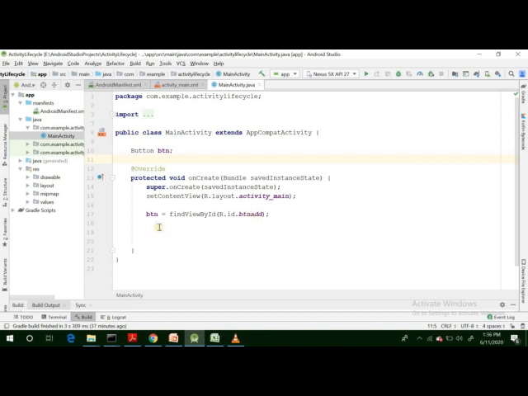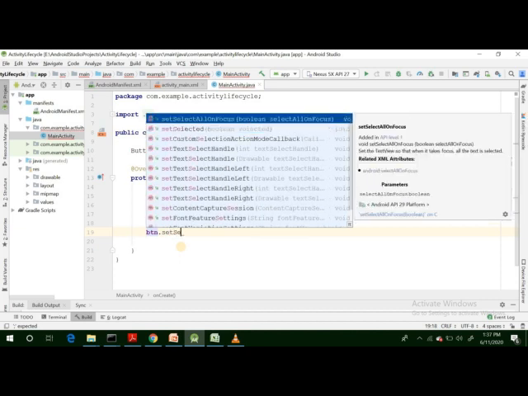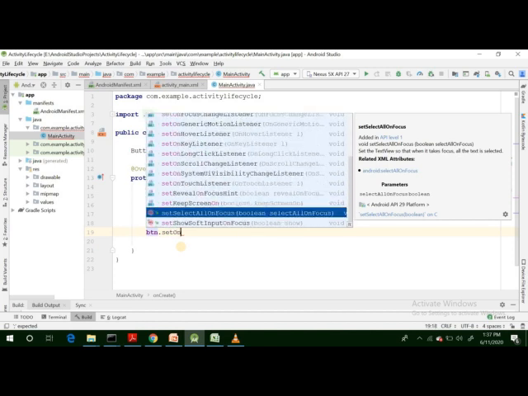So we got the button reference, and now we can implement the onClick listener, or the click event, by using the button class.